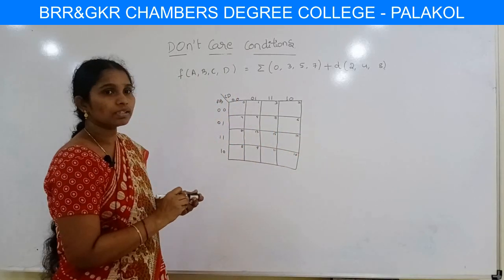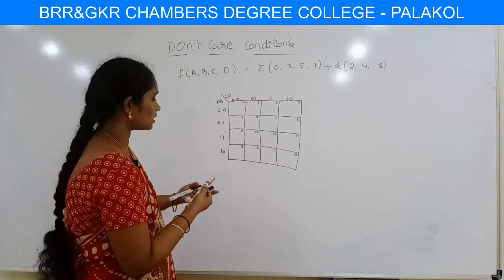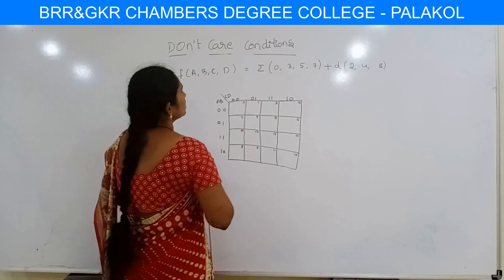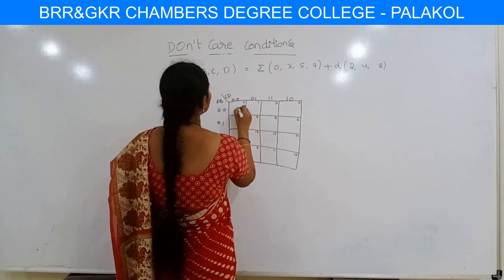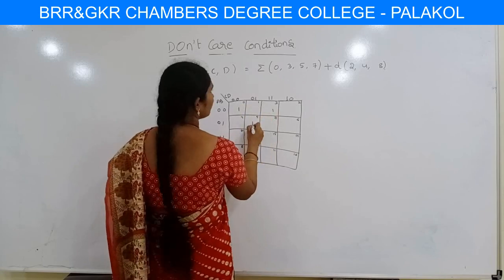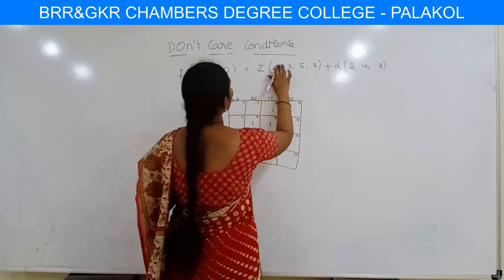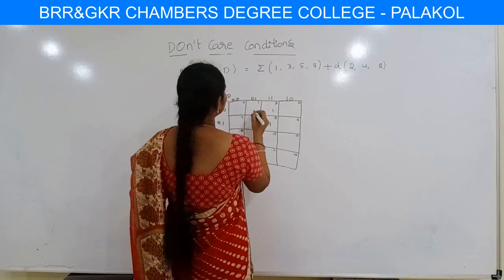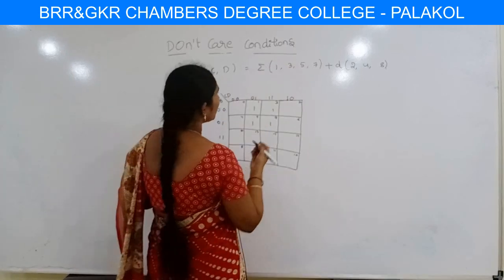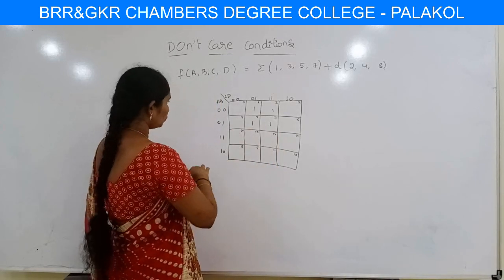Okay. So the numbers are 0, next one is 3, next one is 5 and 7. So I will change this 0 with 1. So here 1. Okay, and the don't cares are 2,